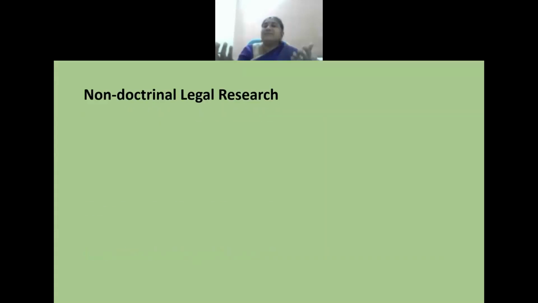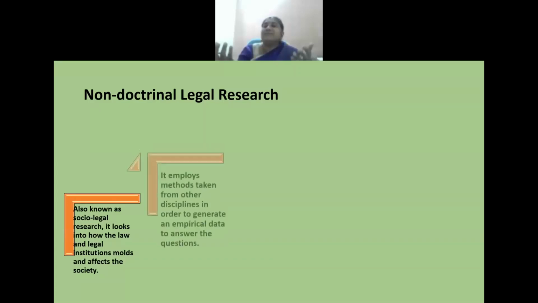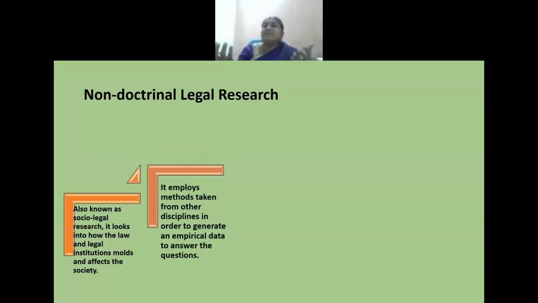And non-doctrinal legal research, also known as socio-legal research, is on the trend nowadays. Everybody tries to do that only. It looks into how the law and the legal institutions mold and affect the society. It employs methods taken from other disciplines in order to generate empirical data to answer the question. We name it socio-legal research because earlier, sociology and law were so separate. But in fact, law is also applicable only to the society. So if we can connect the sociological issues with our legal doctrines and analyze whether there is any connection, then only are we bringing out a good